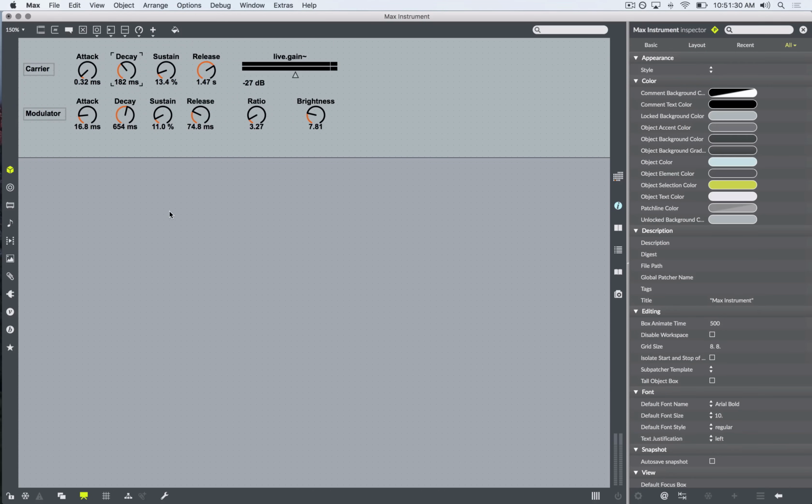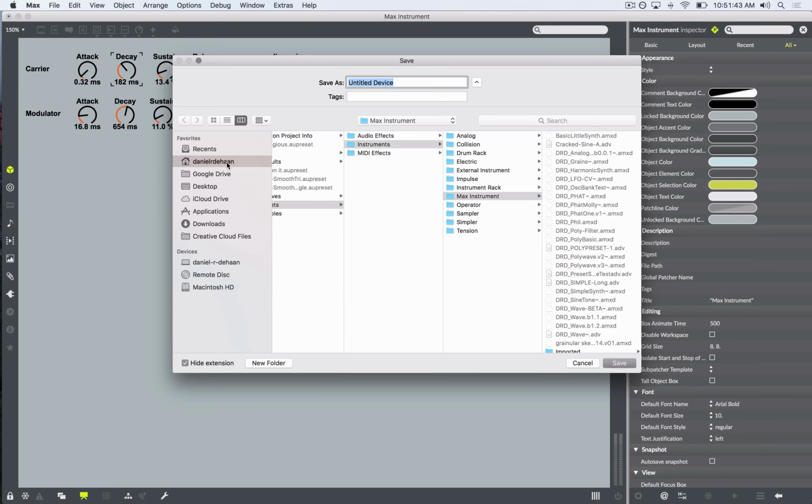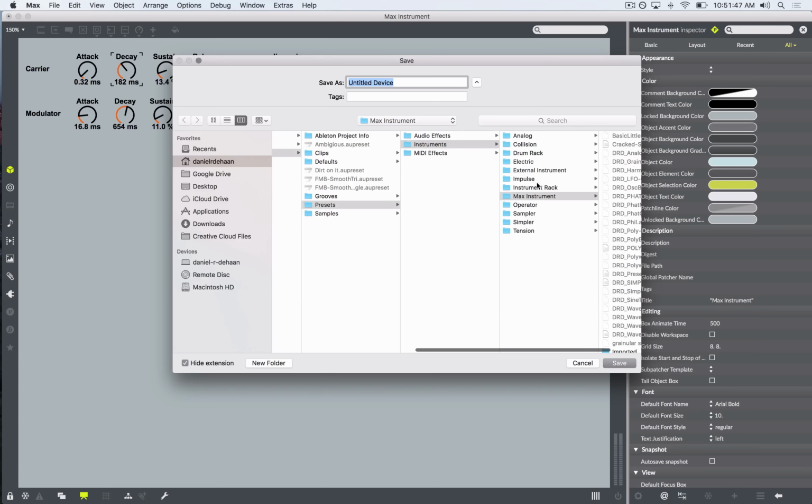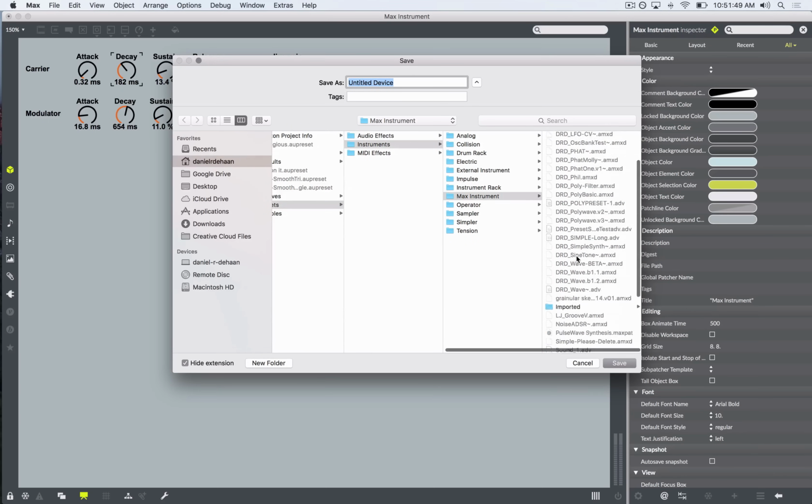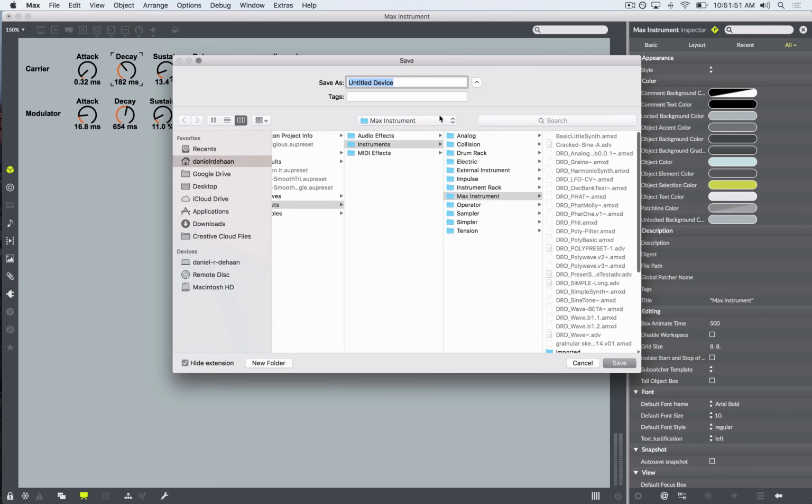And let's lock our patch, Command E, and then let's actually save this for the first time. We probably should have saved a long time ago in case something happened and I wanted to be able to recall this. We should have done that, but let's do it for the first time. So let's do Command S, and then let's save this into a place where it's going to go. Mine is by default going into my instrument presets, Max Instruments, and you can see all the stuff that I've made in Max for Live there. And I'm going to name this as my DRD Simple FM